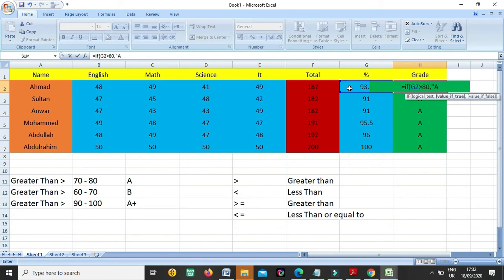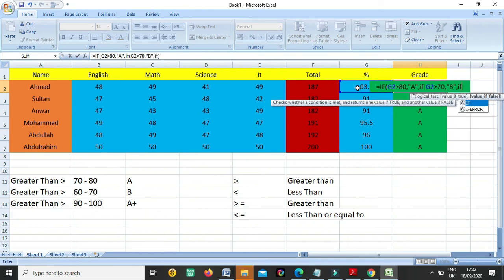A. If somebody has percentage, sorry, if bracket somebody has percentage greater than 70, then what will happen? B grade.